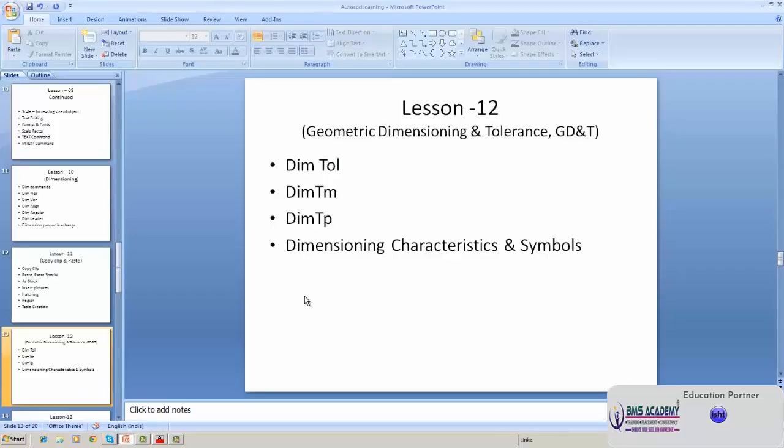In this class, we learn about tolerances. Generally, dimensioning and tolerances go together, and it is called GD and T, general dimensioning and tolerance. General dimensioning I have already explained in the previous classes, and now I will explain how tolerancing is done in AutoCAD. This chapter is particularly important for mechanical engineers who draw machine parts and who